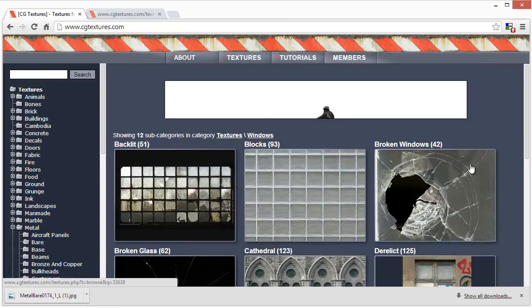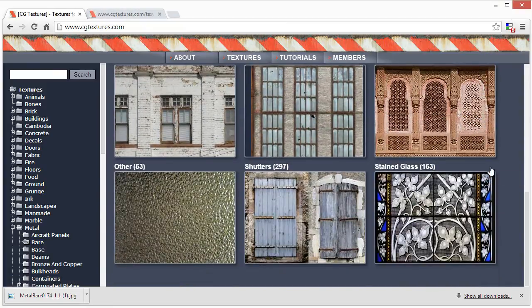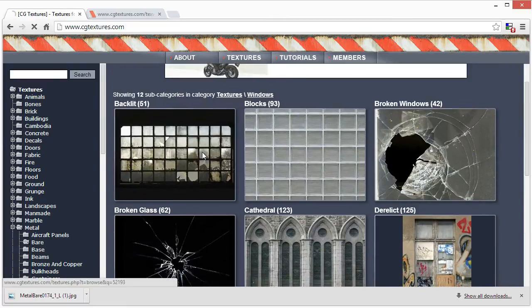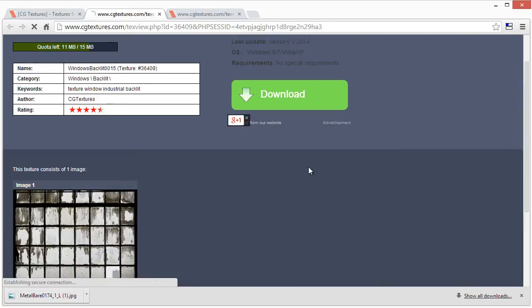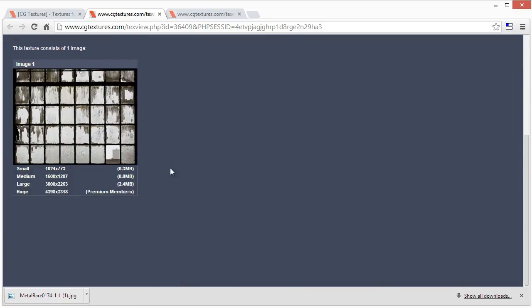We have windows. And we have all sorts of different windows that we can use. I'm going to click on this one and just try this one out. All right, so go ahead and download this one. I think the 1600 by 1207 would be just fine. So if you download that